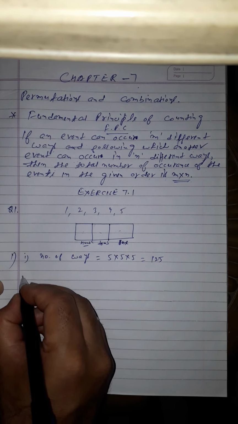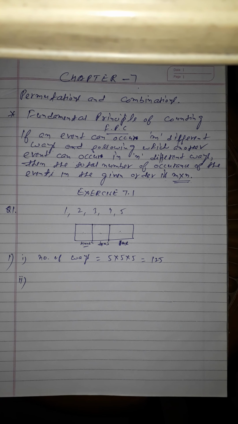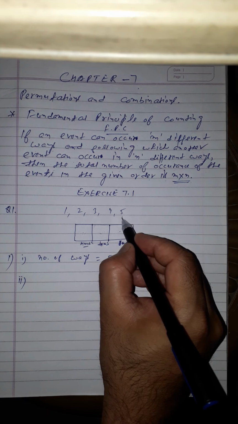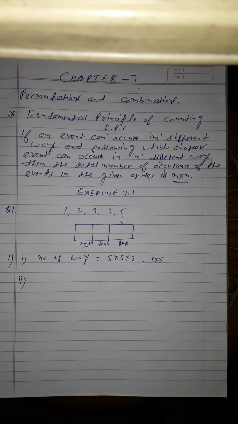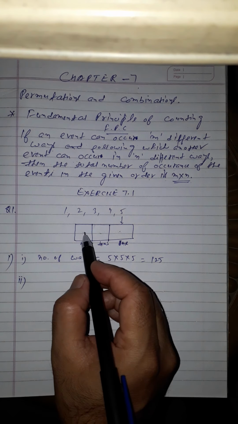Now let us come to the second part, students. Here the second part is that the repetition of the digit is not allowed. What is its meaning? Try to understand it, students, because we have to fill the 3 digits here. It means if we use one digit, we will not repeat that digit again at another place. It means each place of the 3 digit number will be filled in the following manner. The hundreds place digit can be filled in 5 ways. Here we can use the 5 ways, students.